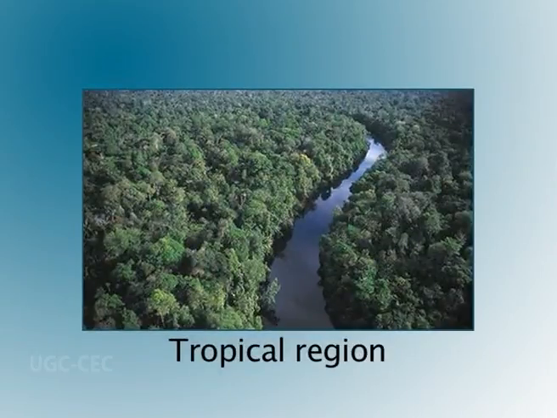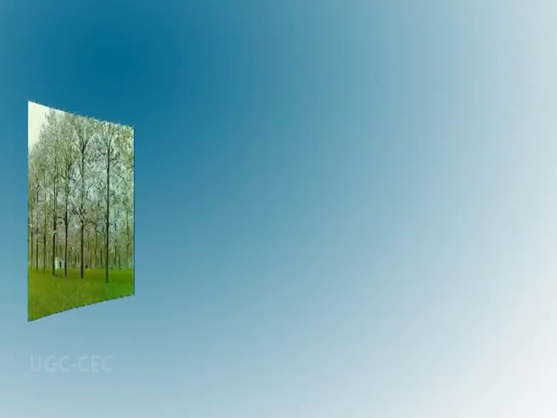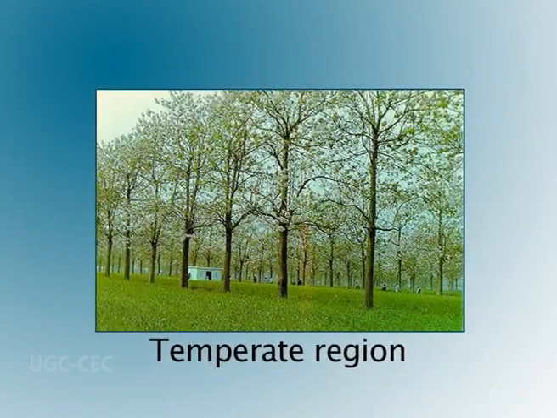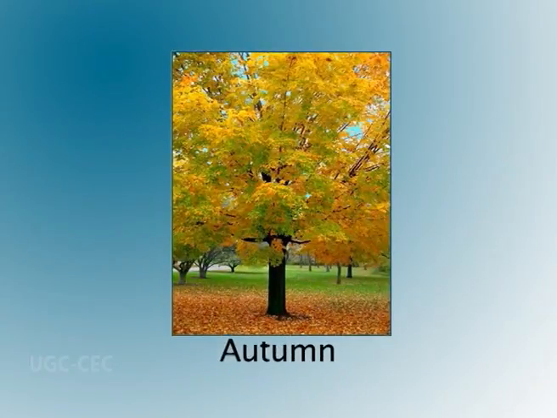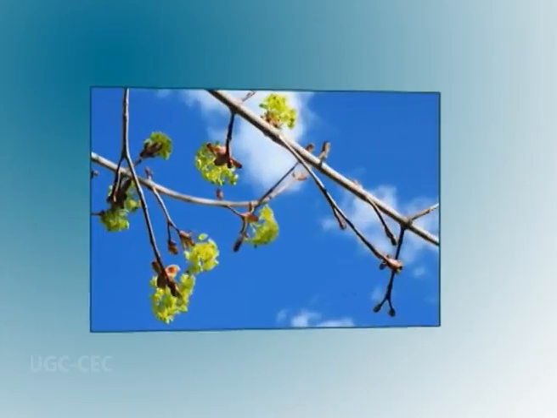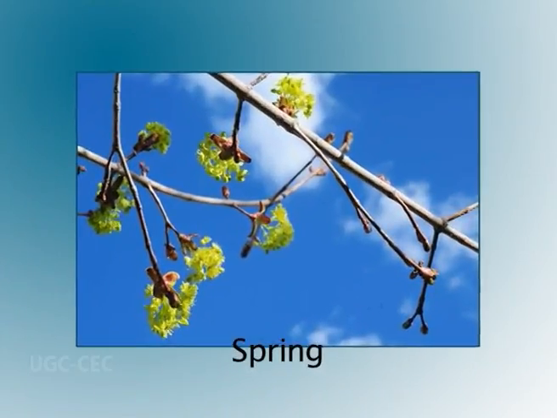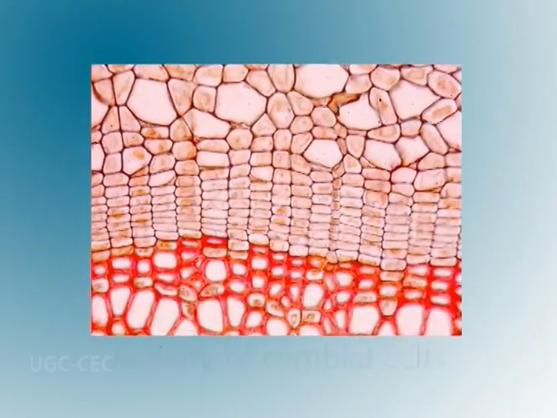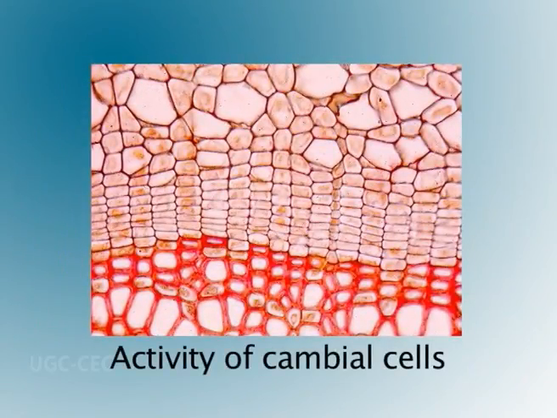Now, activity of cambium. Plants growing in tropical regions have active cambium throughout the entire life. In contrast to this, in plants of temperate regions, the cambium almost ceases its activity with the commencement of the unfavorable season, usually in autumn. And this dormant stage remains till the following spring, when it is reactivated and produces new xylem and phloem. The cambial cells take up water, enlarge radially, and divide periclinally.